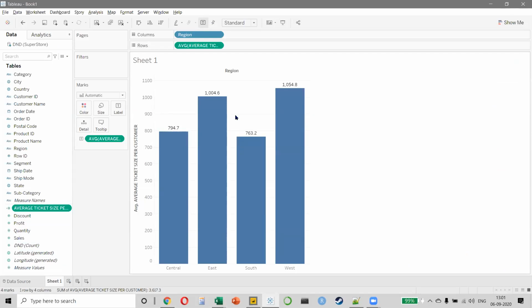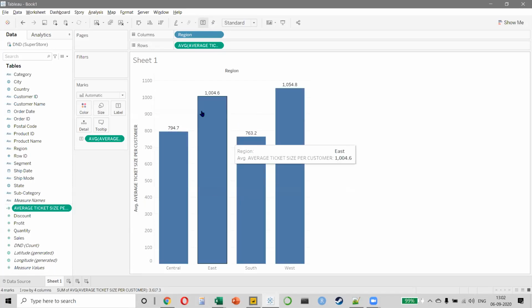They're not going to ask you what is the average sale. Anybody can find out what the average sale is. They're going to ask you what is the average ticket size per customer, right? And you have to be able to tell them that in the West region, on an average, every customer is purchasing worth 1,055. Do we know how many customers are there in the West? See, by looking at this, can you tell me whether East has 100 customers and West has 5 customers? We don't know. Maybe West only has 2 customers and East has 5,000 customers. Whatever it is, we don't know the count of customers by looking at all this, right?